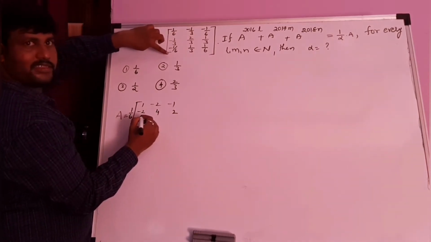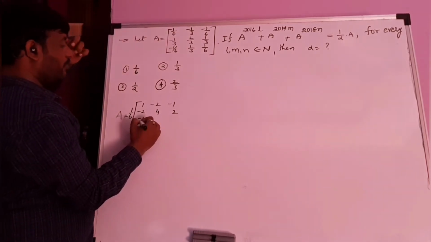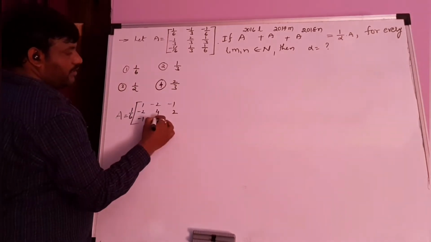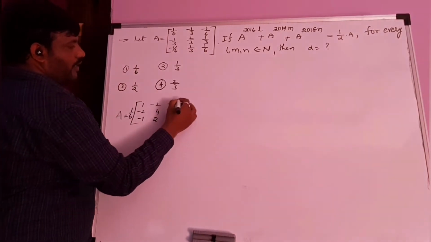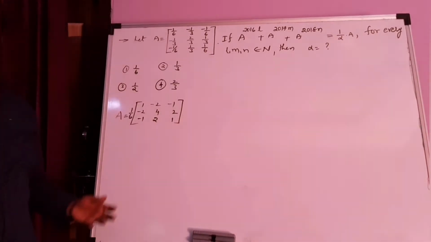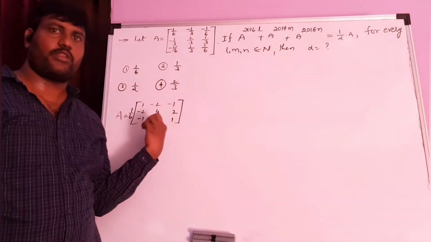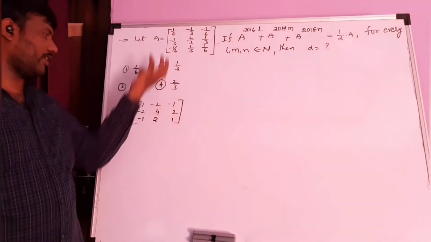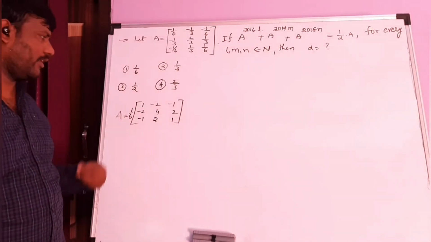Here already 1 by 6 is the denominator, also 6 is there. So you get minus 1. Here 1 by 3 is there. You get 2. So here you get 1. Okay. This is very important. This logic you have to use. First change the fraction to normal numbers. Then you go for easy.